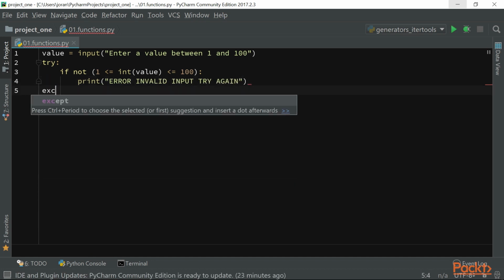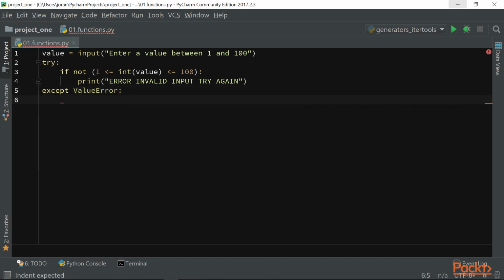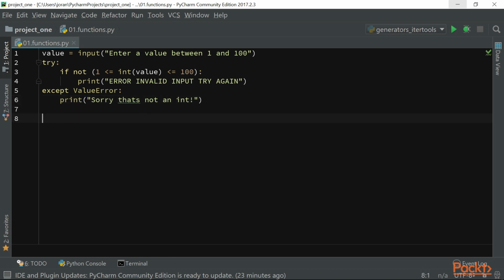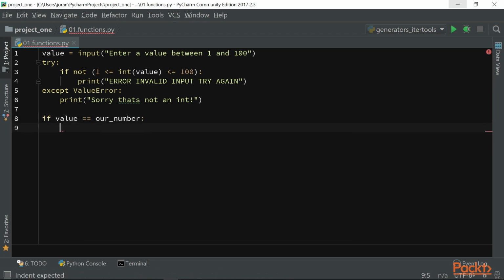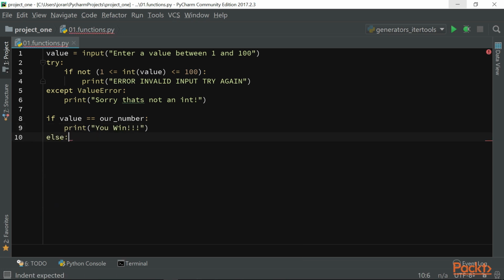Now, we might get a value error, in which case we would want to tell the user that they input something that wasn't an integer. And finally, if we made it past both of those checks, we would have a valid value, and we could say if value is equal to our number, print you win. Otherwise,